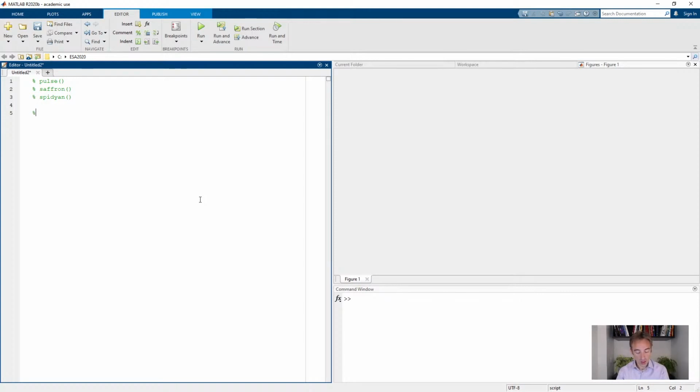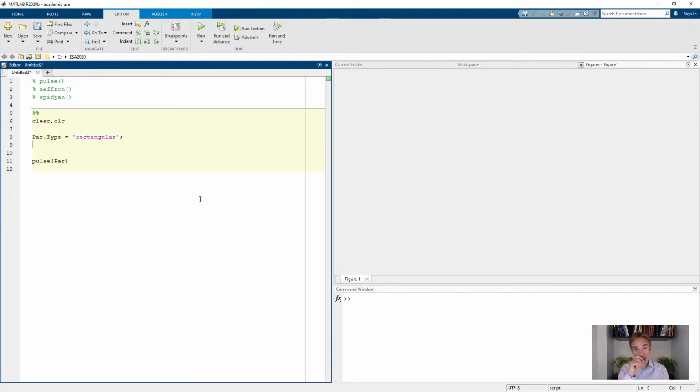So first of all, let's look at some basic usage of pulse. I'm going to start out clearing everything out. The function pulse, which constructs a pulse, needs a set of parameters, which is called par. We need to define them. Par is a structure that collects a variety of fields. First of all, we need to tell EasySpin what type of pulse we want. And we want a simple rectangular pulse,